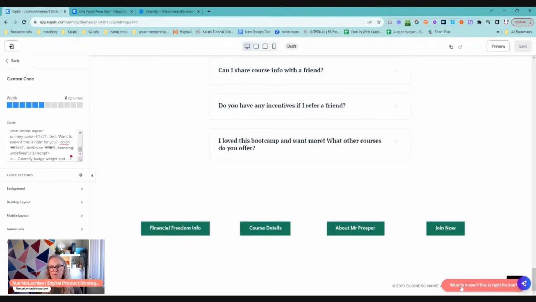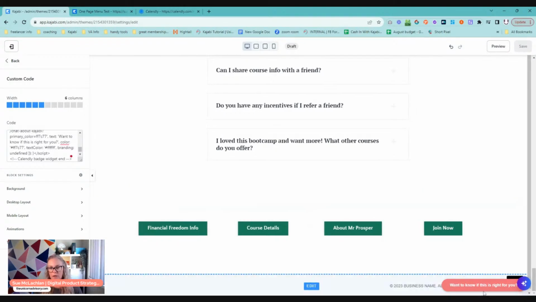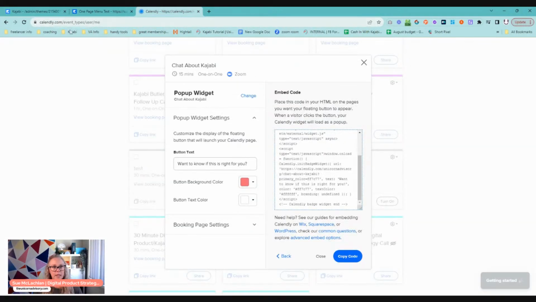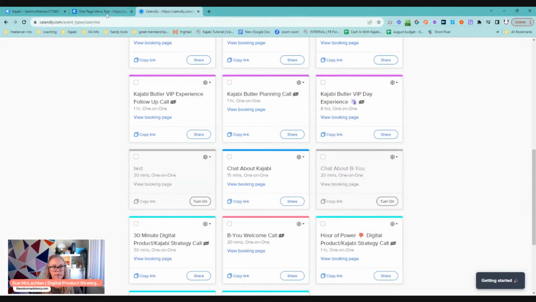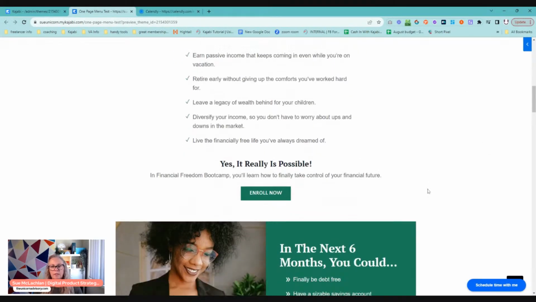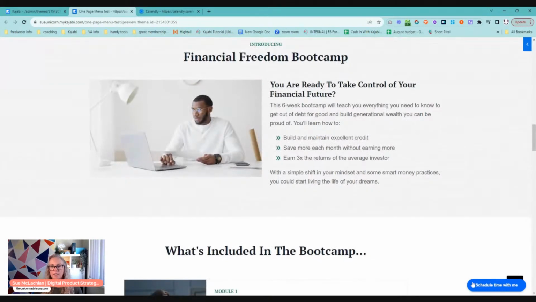So we can see here that we've got this "Want to know if it's right for you" button, which is in our color. That is now going to float along the page. By floating along the page, what I mean is when we've got this here, I'll close this down so you can see. As we go down the page, it's just going to hang